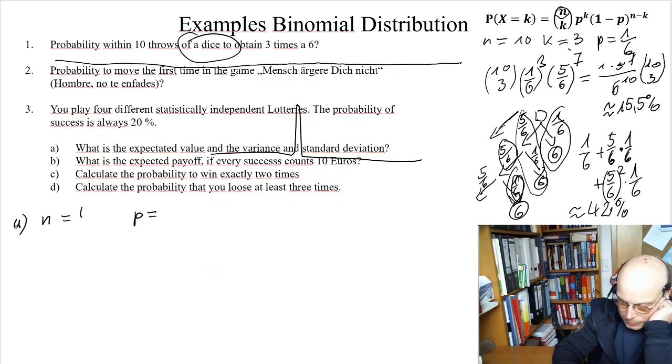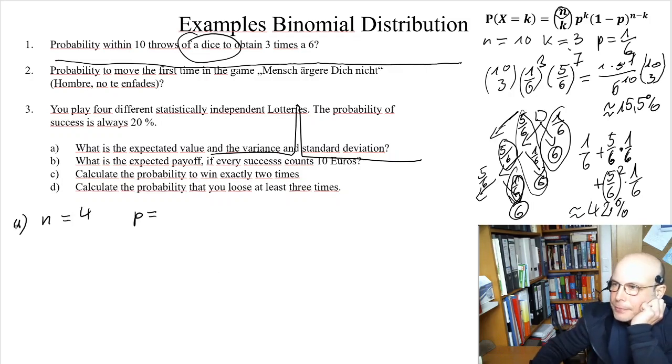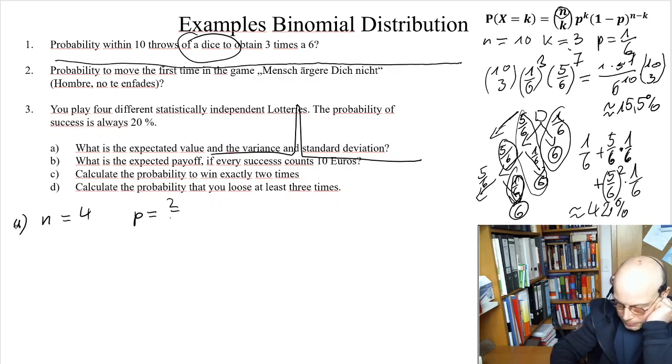N is 4, okay, and P? Yes, 2/10. And then we have expected value is N times P is